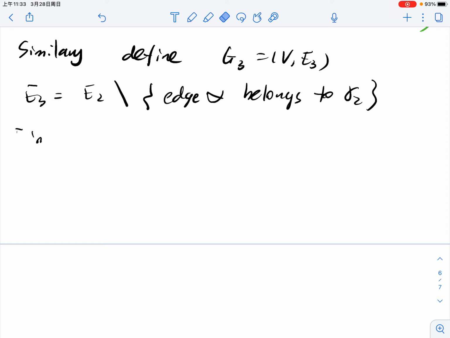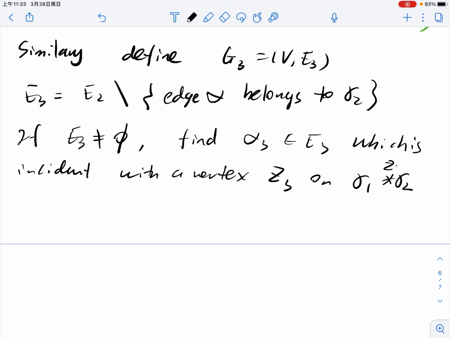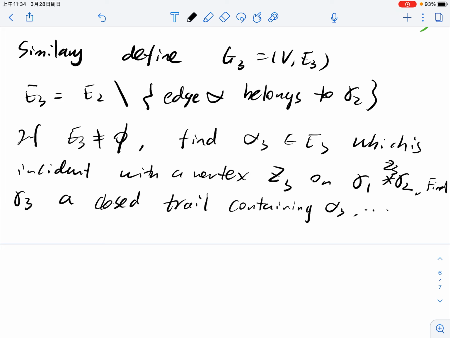And then if E3 is non-empty, find alpha 3 in E3, which is incident with vertex Z3 on gamma 1 star gamma 2 Z3, and find gamma 3, a closed trail containing alpha 3,